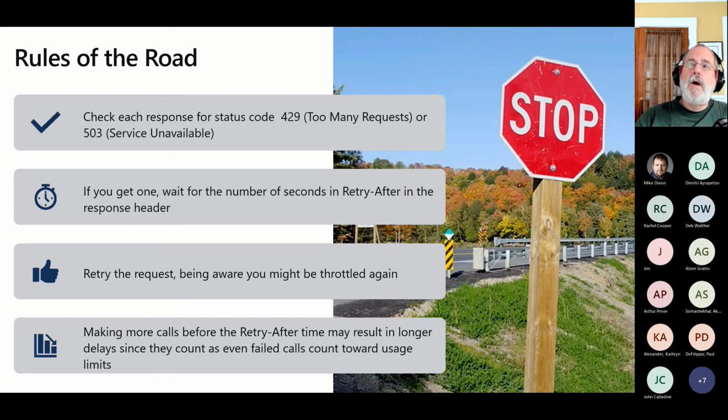If there are any protocol wonks here, this is because HTTP doesn't have flow control. Okay, it's a rudimentary form of flow control. So the way this works is that when you get one of those 2 status codes, you're supposed to look at the response header for a field called retry after, and then you wait that number of seconds. And you might get throttled again, but you probably won't. What I'll guarantee is that if you sit there in a tight loop and you don't wait and you just keep pounding away, it's just going to throttle you worse. So you really want to